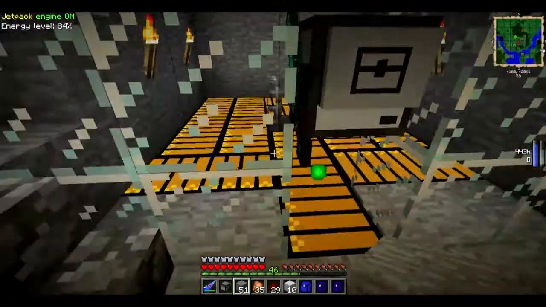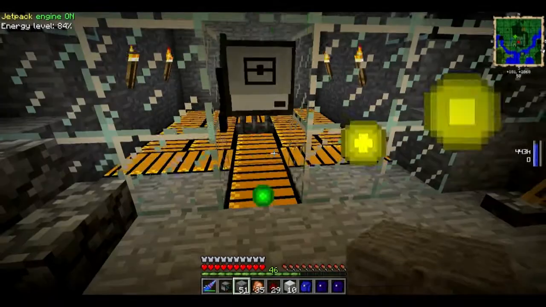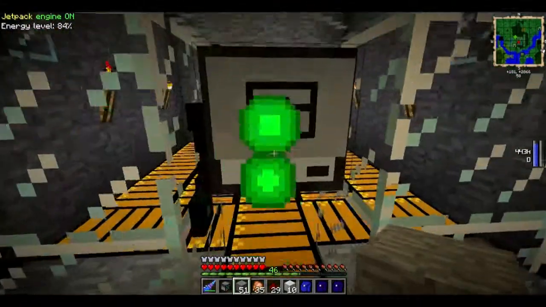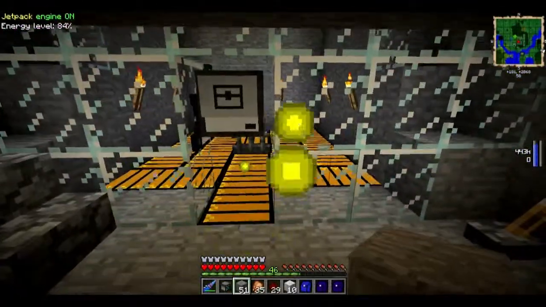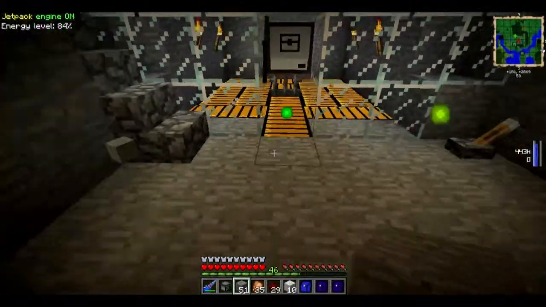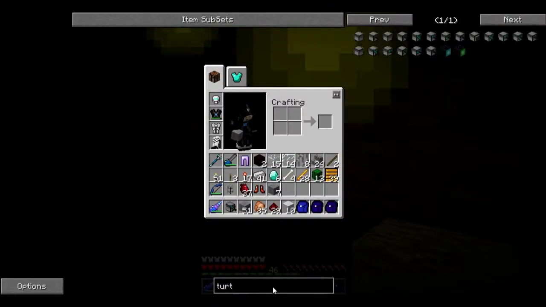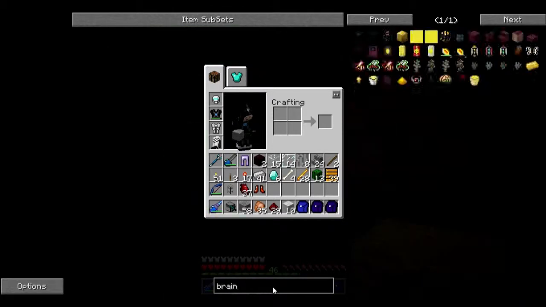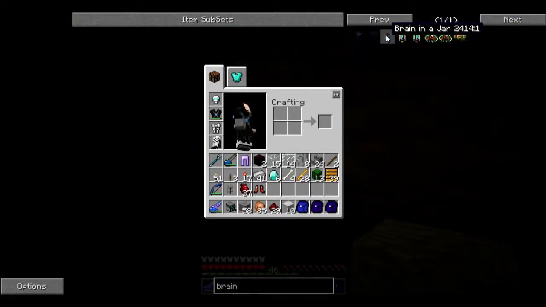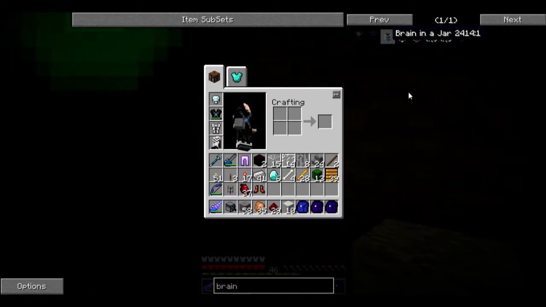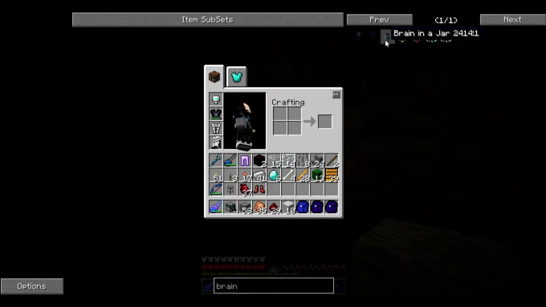So what we're going to do is, for now, I'm going to just stand here and manually collect these experience orbs and have it help me get my levels up. But eventually I'm going to have a network of brains in a jar. I think it's these things, but I need to work on Thaumcraft a little bit before I get there. So these things here, which if you look at the recipe, if it'll let me bring it up, I'm not sure if it will or not. Let's see what happens. No, it doesn't look like it, but